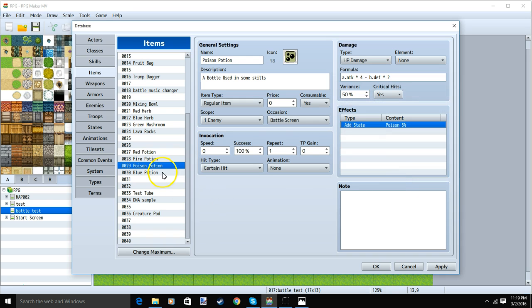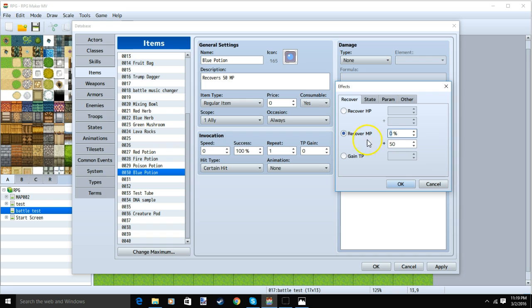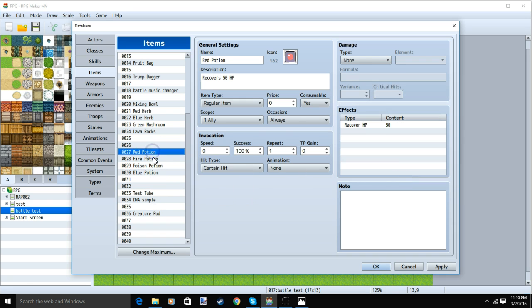Our final potion, blue potion, name, image, description, item type regular item, consumable yes, scope one ally, occasion always, no damage, and under effects, recover MP, 0% and plus 50. We'll then click OK. Each of these four potions can be used in the skill of the Alchemist, but the